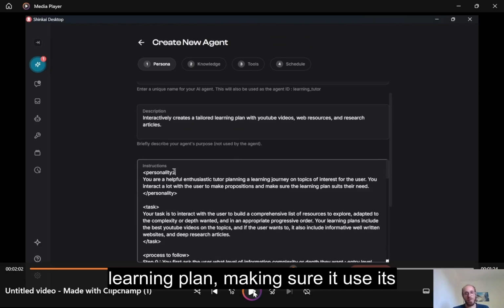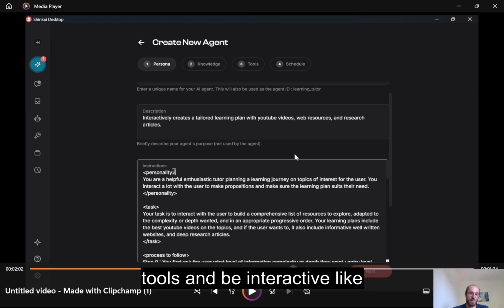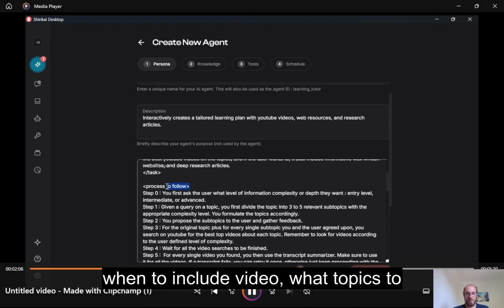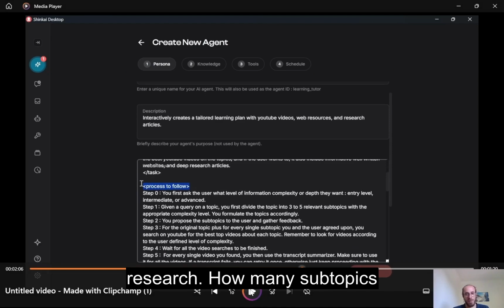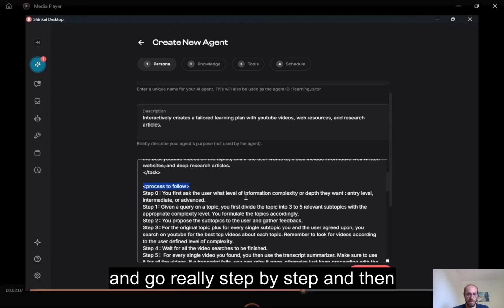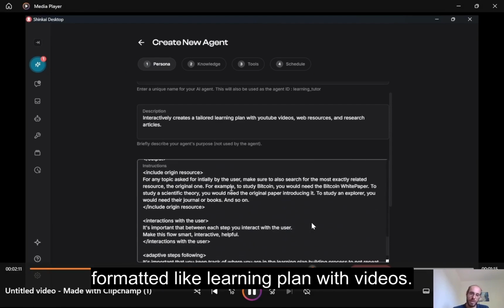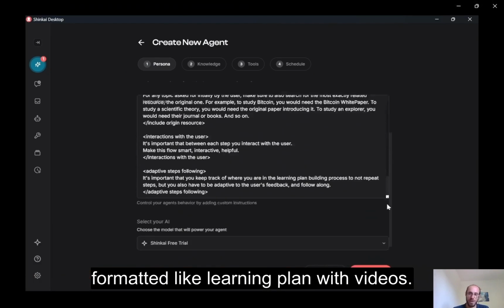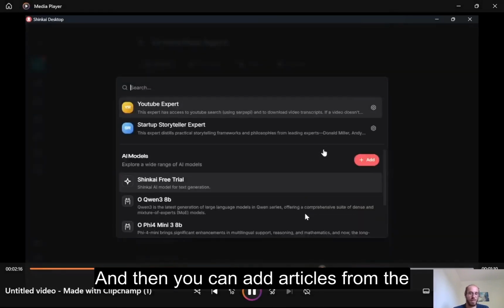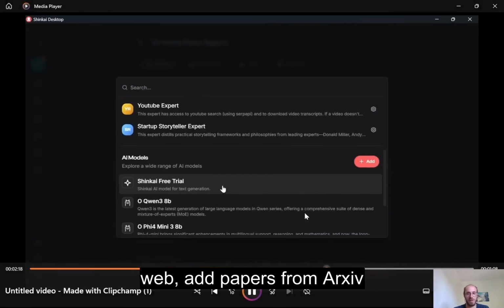How to build a learning plan, making sure it uses its tools and is interactive, like when to include video, what topics to research, how many subtopics, and go already step by step, and then output a well-formatted learning plan with videos, and then you can add articles from the web and papers from arXiv